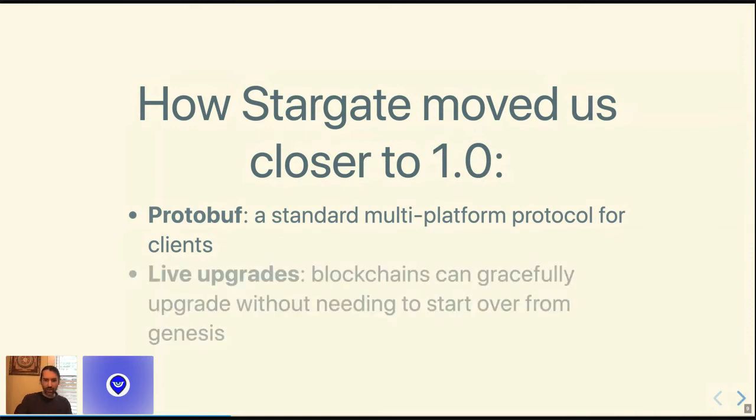And then another is live upgrades. Basically with live upgrades, blockchains can gracefully upgrade, in a coordinated fashion, replacing one binary with another binary at the correct height and running migrations that are needed from one version to another version without needing to start over from Genesis, like currently has to happen with the Cosmos Hub, where there's Cosmos Hub 1 and 2 and 3 and 4. Hopefully, eventually, the idea once we do the Stargate upgrade is that the hub can just start upgrading at such and such height, and then maybe there's a couple minutes of downtime, but things more or less just continue in a linear fashion from there.